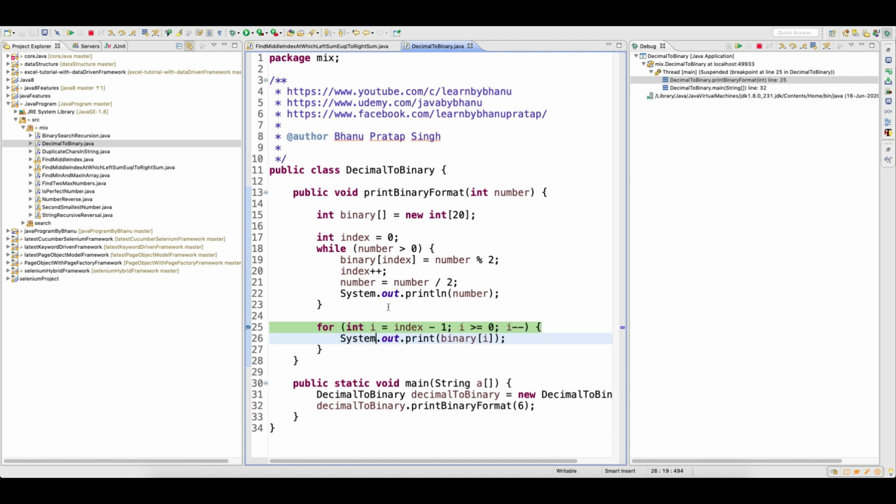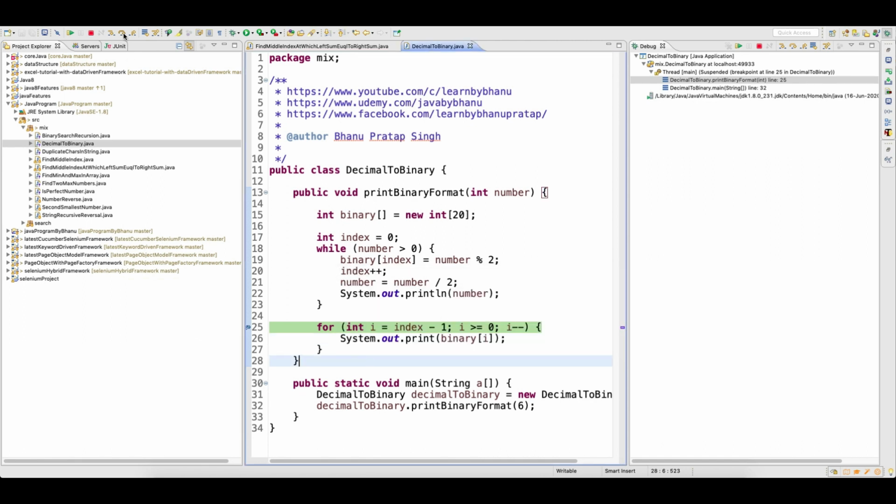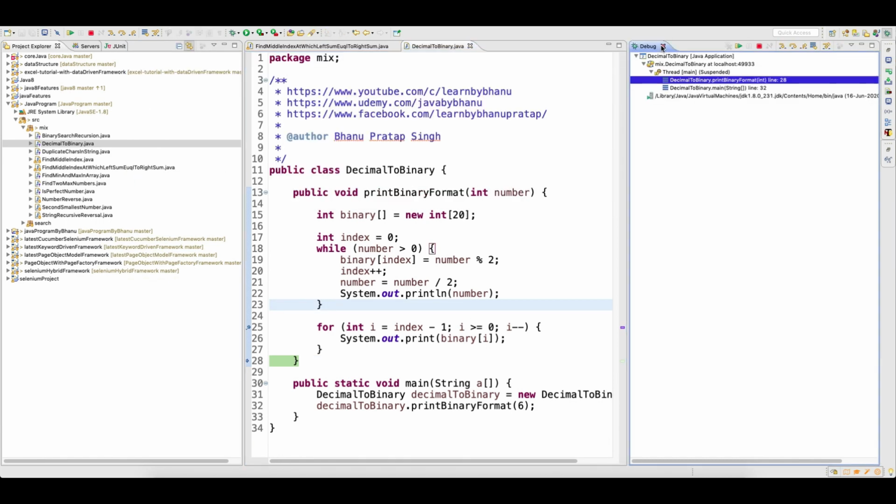So when it is 3, you have to do index minus 1, because you need the maximum 2 data which your binary array has, which is this is 0, this is index number 1 and this is index number 2. So when you print in reverse, see, 1 got printed here, then again one more will get printed, because I am not doing println, I am doing print, so it will print in the same line, and then 0 will get printed. See, 0 got printed. Now the program will terminate, right? You got it, how easy this program is, guys.